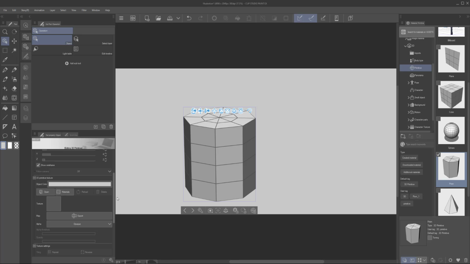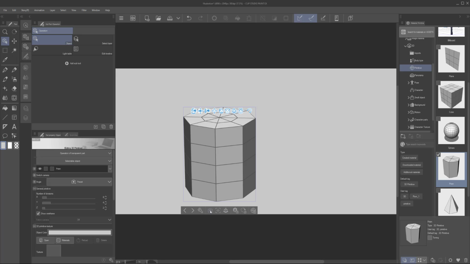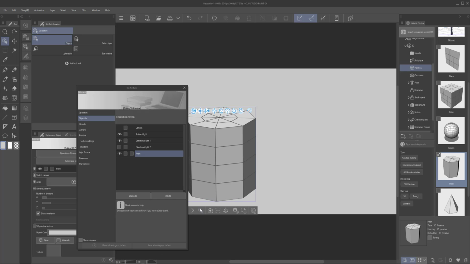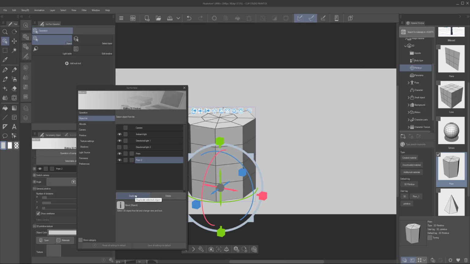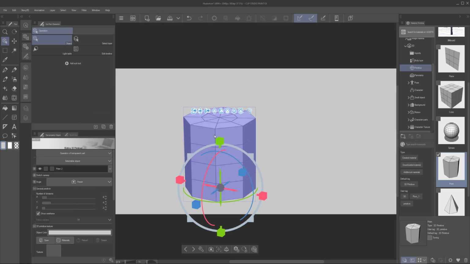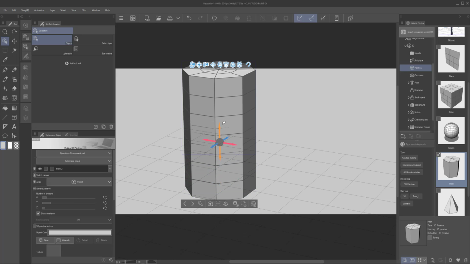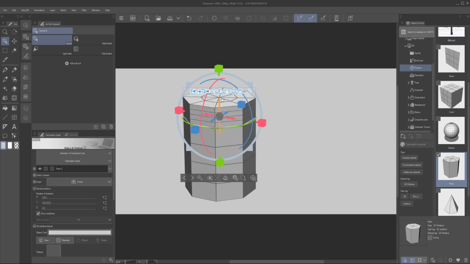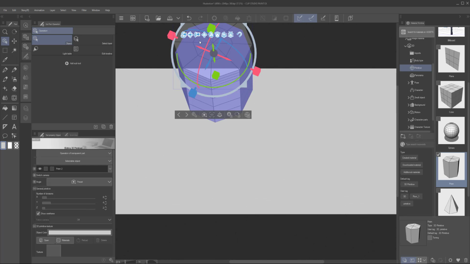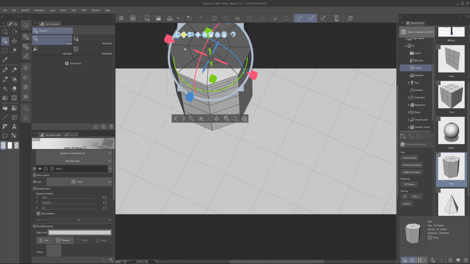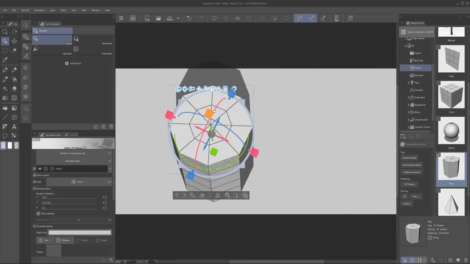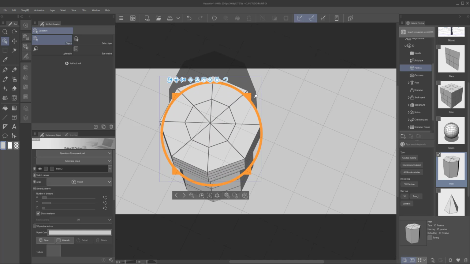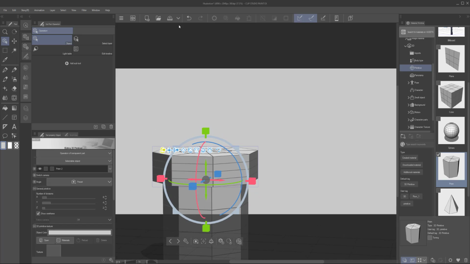So what we can also do is duplicate this. So if I go under my wrench icon, let's duplicate this. And now what I want to do is move this up. Actually, what I'm going to do is take this and shrink it down a little bit. I'm going to move this up with the move gizmo so it's sitting on top. And then if I go to the very top, this camera's a little awkward. Okay, so now I got this top view. So I'm going to try to scale this uniformly like this. And I'll go back down. And all of a sudden,